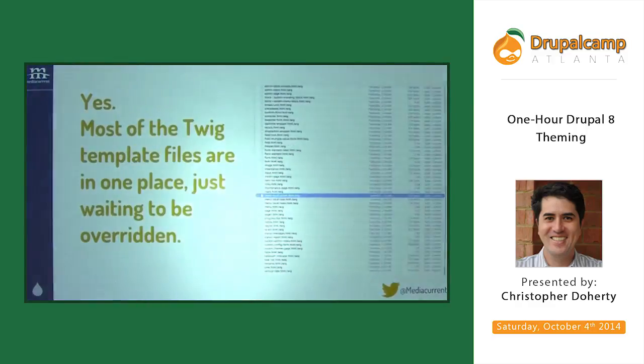So again, opening the briefcase, this is what it looks like. This is what I was describing: a big folder full of all these Twig files. No more tpl.php files, as they call them. It's all html.twig. So you can take something like page.html.twig and copy that into your theme folder and theme away and change it to your heart's content.